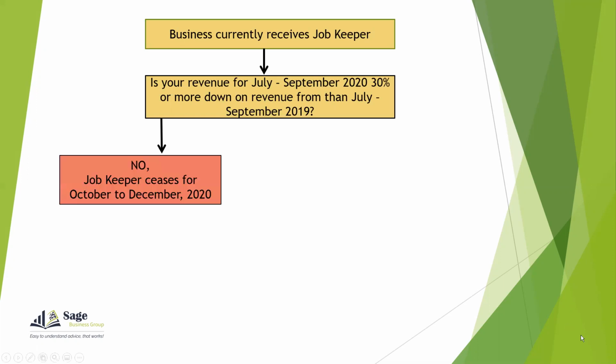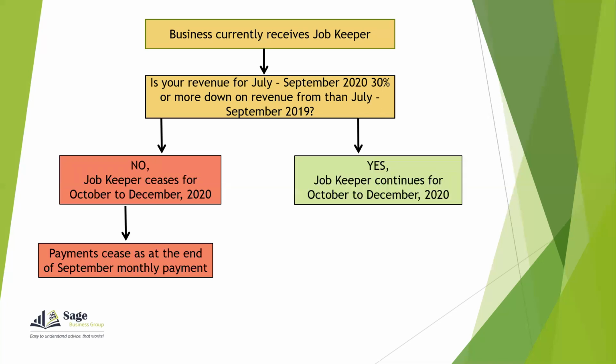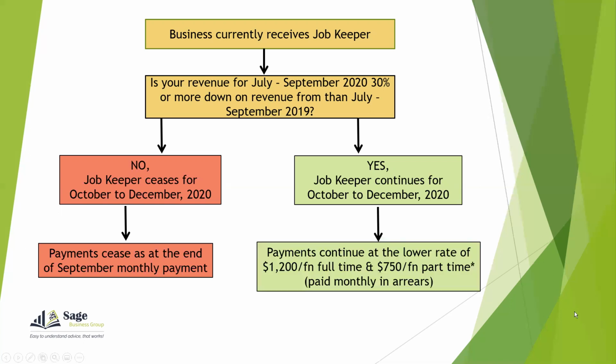So if we follow through the chart, if the answer to that question is no, JobKeeper will cease for you for the period of October to December 2020. That means the payment ceases at the end of the September monthly payment, which will come in October. The other alternative is that you do satisfy that question, in which case JobKeeper will continue for October to December 2020, but the payments will lower to a rate of $1,200 per fortnight for full-time employees and $1,750 per fortnight